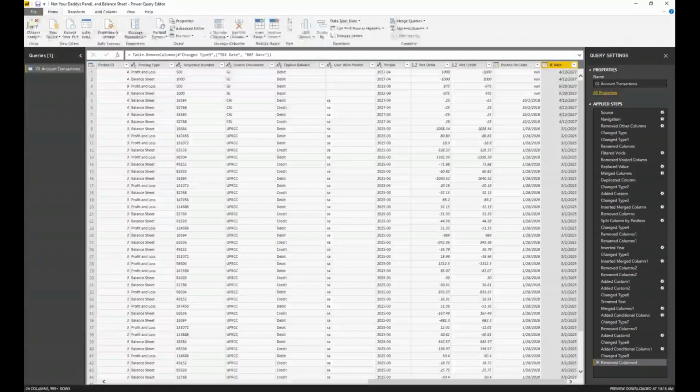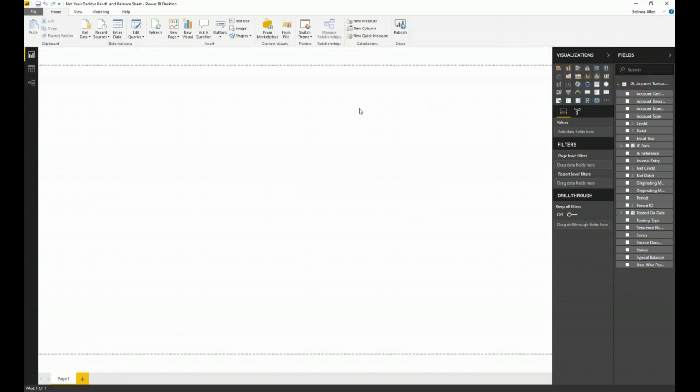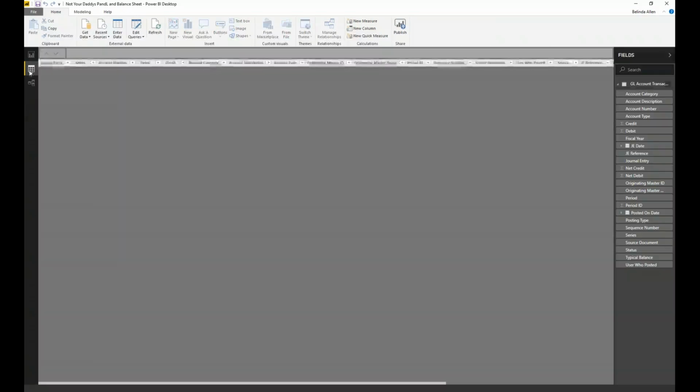So now let's go back to home and close and apply, and our fields will be updated accordingly, and we'll have some of those new things in there. But we're not done with data modeling, not yet. A couple of things that we want to do here. I'm going to go ahead and click on Save. And the first thing that I want to do is change how some of the fields will work and look. So I'm going to go into the data mode over here.